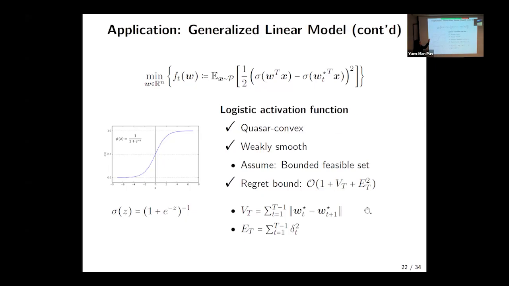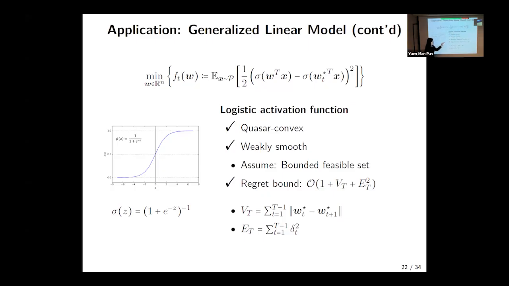And another one is the generalized linear model with logistic activation function. Again, we have some input X and output Y modeled as some inner products with some ground truth and the input X composed with some logistic activation function. And this logistic activation function is between 0 and 1. And we see that in this problem, we have quasi-convexity, we have weak smoothness,